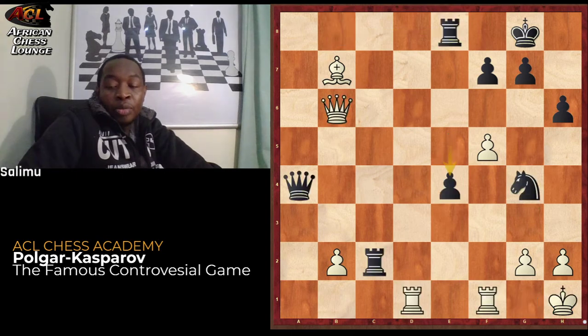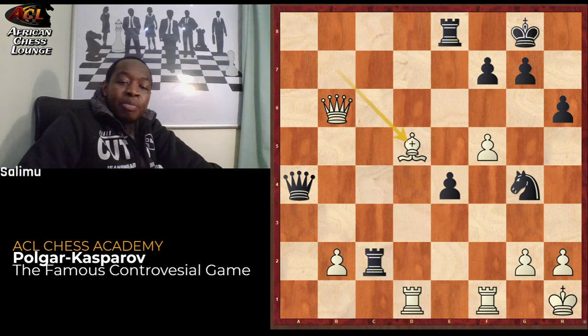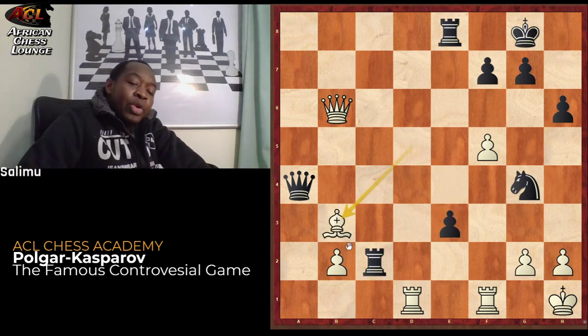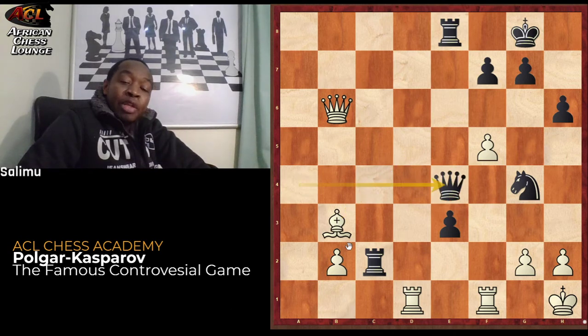So e4 made work a little bit harder for Kasparov, but after bishop d5, he spots a beautiful idea. It's obvious that white wants to play bishop b3, but what made players like Kasparov great was that they would be able to see a threat and beyond the threat. And here Kasparov just played e3 with the idea that after bishop b3, he had seen that queen e4,